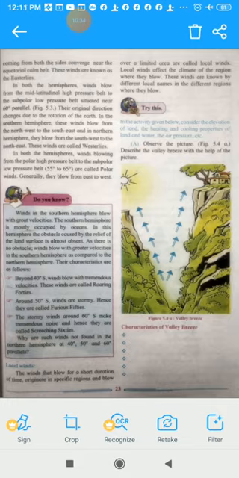Okay, beyond 40 degrees south, winds blow with tremendous velocities. How does the wind blow there? With tremendous velocities. These winds are called roaring 40s. Why 40s? Because it is beyond 40 degrees south. That's why these winds are called roaring 40s. Then around 50 degrees south, winds are stormy. Yes, winds are blowing like storm. Hence they are called furious 50s. What is the name given there beyond 50 degrees south? Since the winds are stormy, the winds are named as furious 50s.